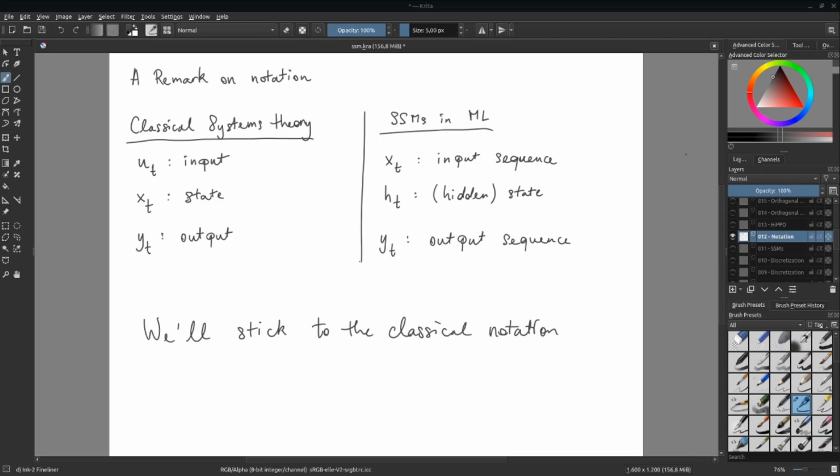I think the SSMs were mostly used for stuff like sound, or stuff that explicitly does come from continuous systems. So it makes sense in this case to use the ODEs. And they've been trying to apply that to language modeling, which is discrete, using tricks. But